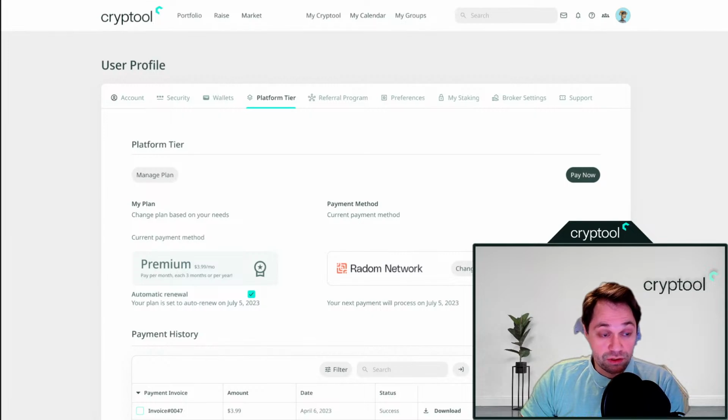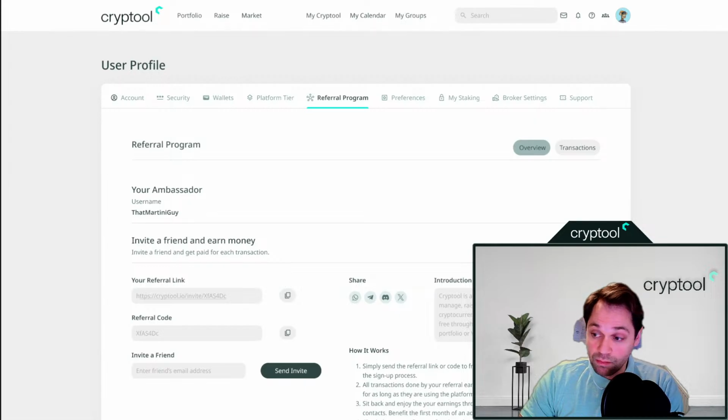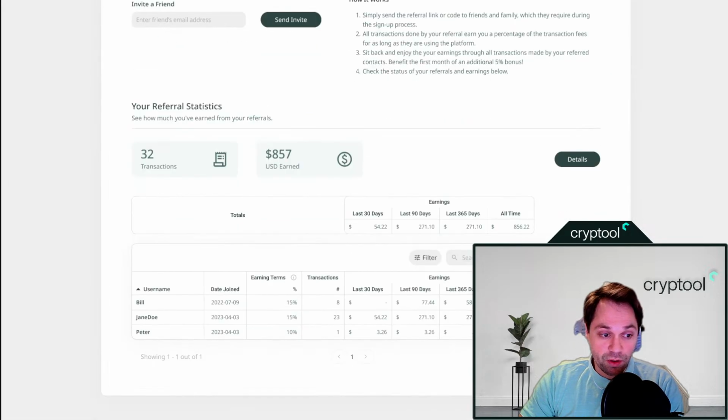The platform tier subscriptions are based on your tier system: free, premium, premium plus, or if you are a business or community VC or fundraising group, it will be business or enterprise, where you can select your account and upgrade or manage it accordingly. We have a referral program, ambassador program, where you can onboard users, where you can earn